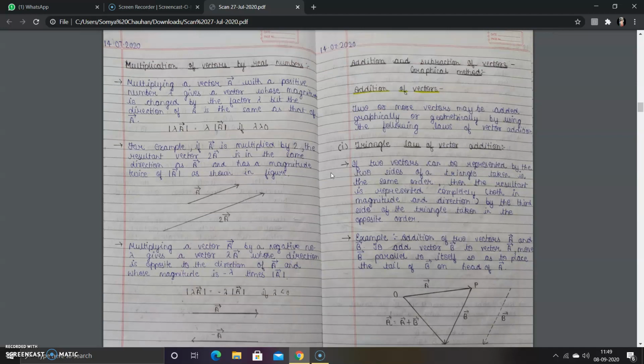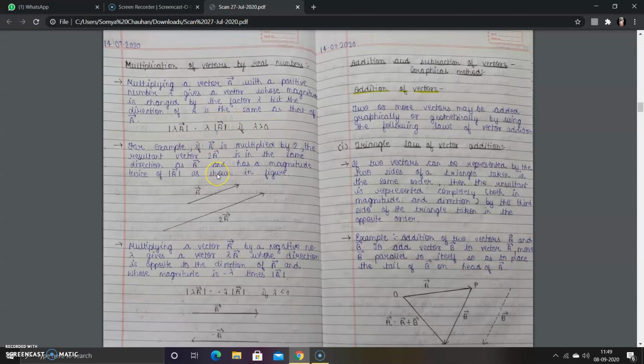What does it show? That how we can multiply any vector by a real number. So the real number may be any number, that may be positive, negative or zero. So we have to have two different cases for positive and negative real number. The first case is when the number is positive real number. In that case, if we look at the magnitude, lambda a vector will give you lambda times the magnitude of a vector, as you know lambda is positive, that is, if lambda is greater than 0 then this will be the case.